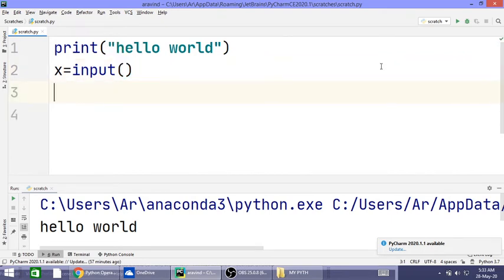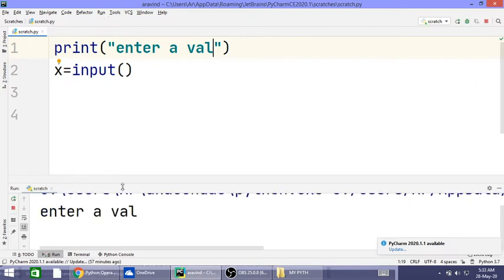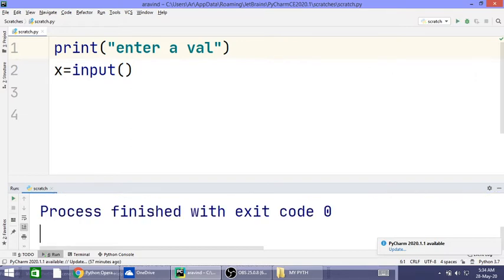So you can run this. Just say enter a value. Next, if you enter a value, it will take some value.